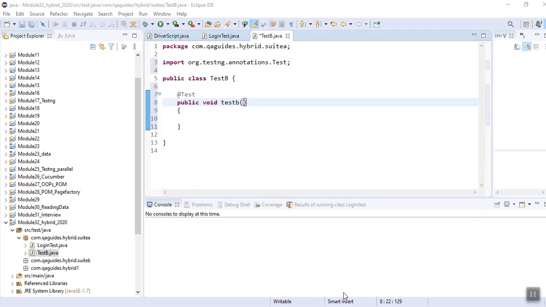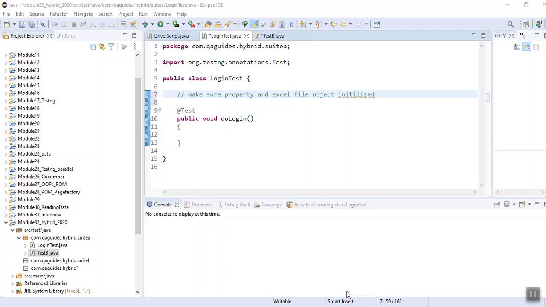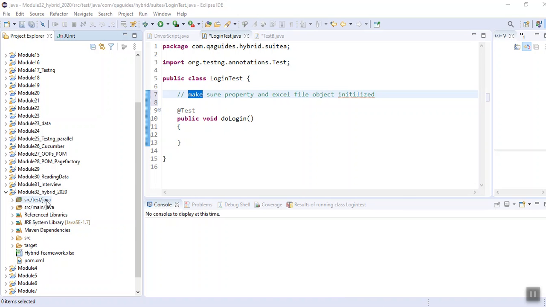So here in every test class, we need to read data from the test Excel file or some property file. So in that case, I have to make sure that my property file and Excel file objects are initialized at the start only. See, I am already having two source folders.